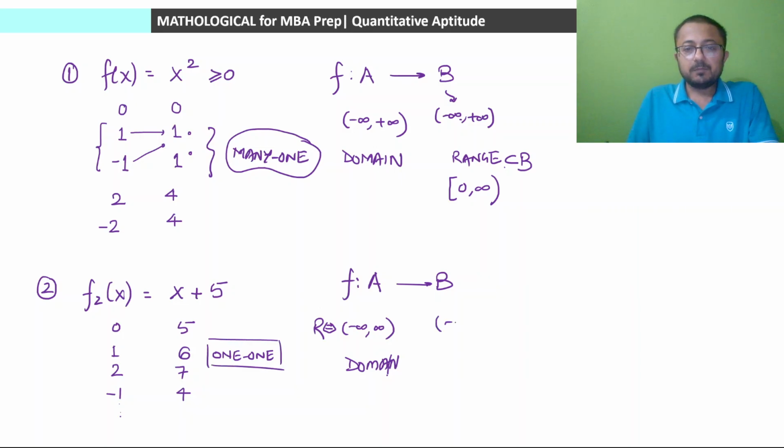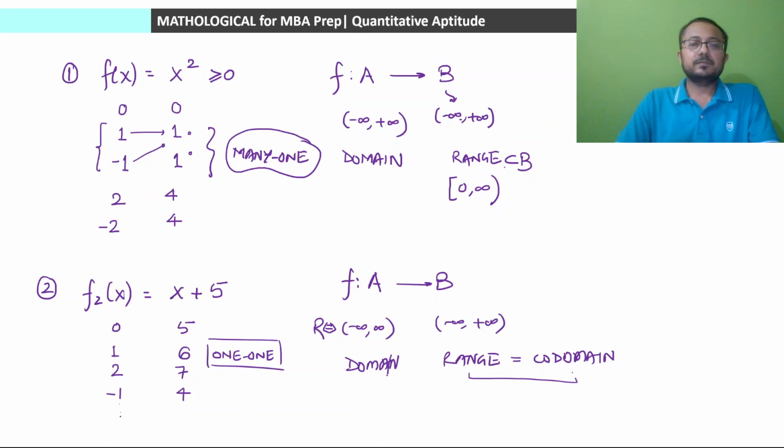And our codomain will also be from minus infinity to plus infinity, और range भी हमारा will be from minus infinity to plus infinity only. So basically our range will be equal to codomain in this case. क्या ये बात अप्रिशिएट कर पा रहे हो? इन दिस केस हमारा जो रेंज होगा, रेंज एंड कोडोमेन बोथ विल बी इक्वल. ओके,